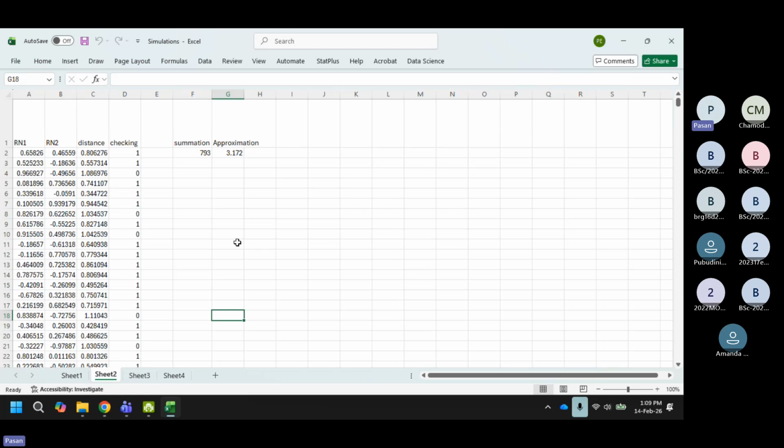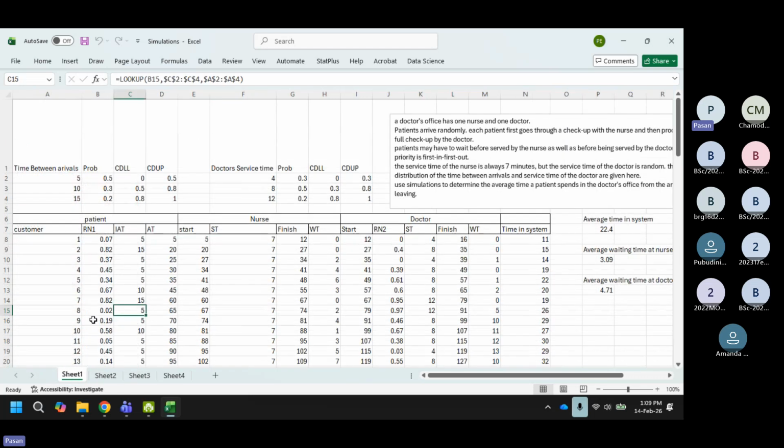So we looked at that concept last time, and then we went into applying that simulations concept